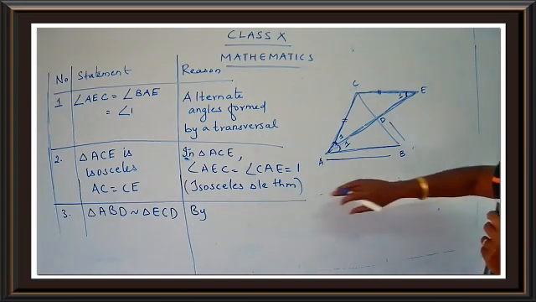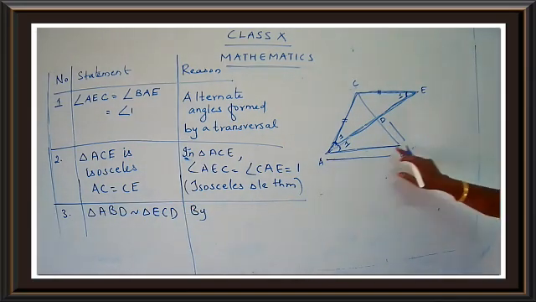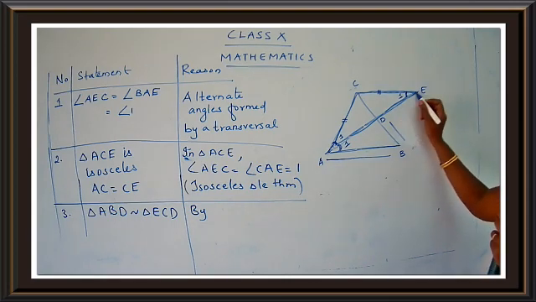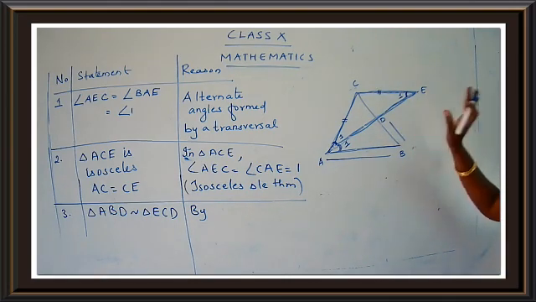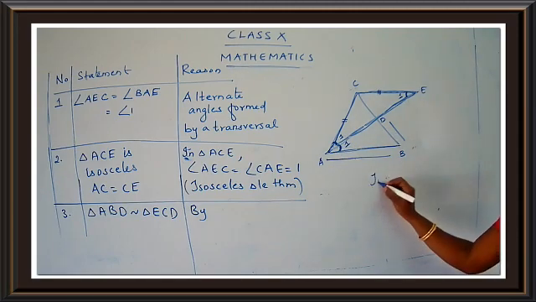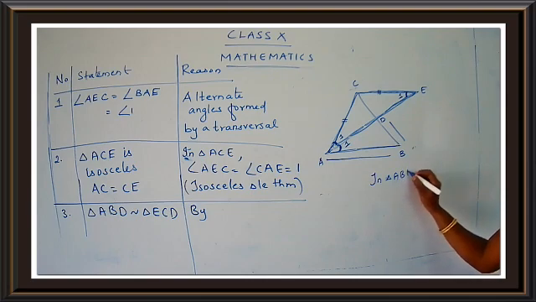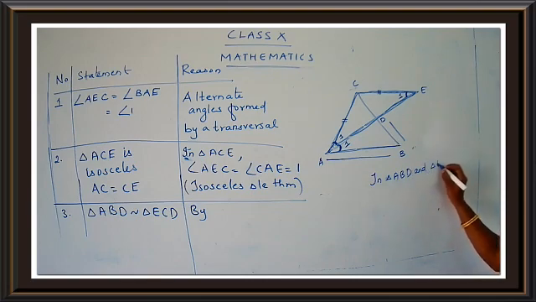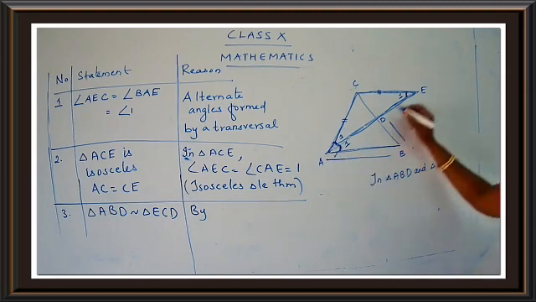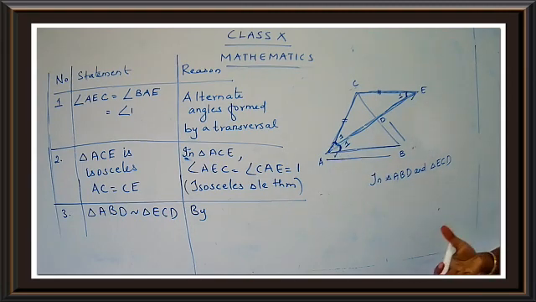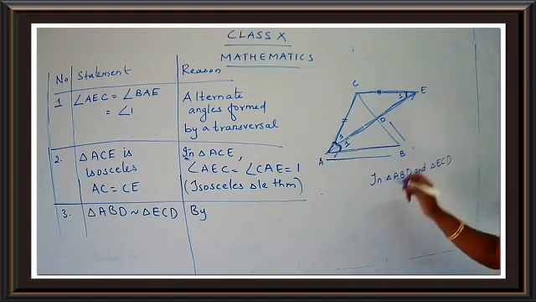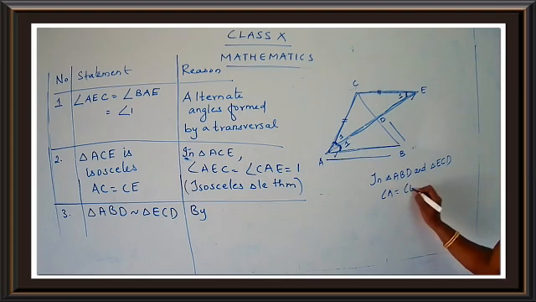You see, observe these two triangles, children. This is ABD, and we are going to consider ECD. Just look at the figure. Here we have angle 1, and here we have angle 1. So in triangle ABD and triangle ECD, which angles are the same? Angle A and angle E are equal. Why are they equal? Because the measure is 1, and here also the measure is 1. So I can say angle A is equal to angle E.